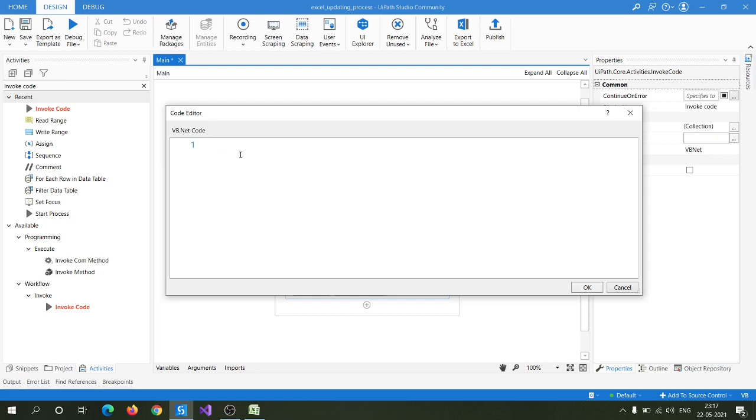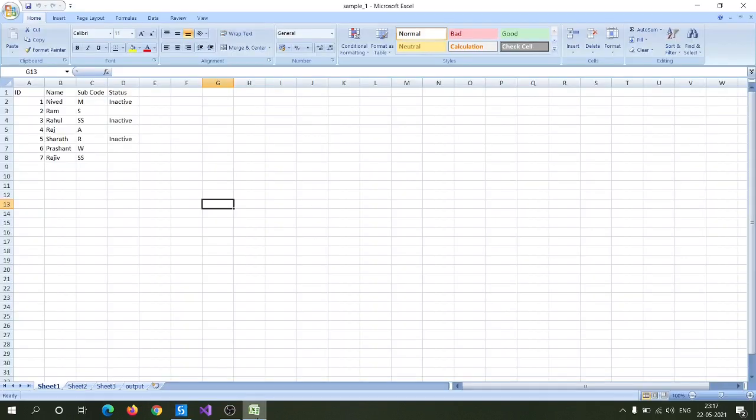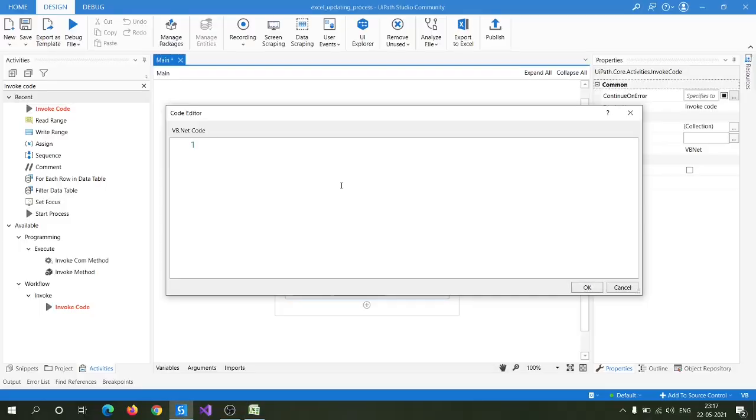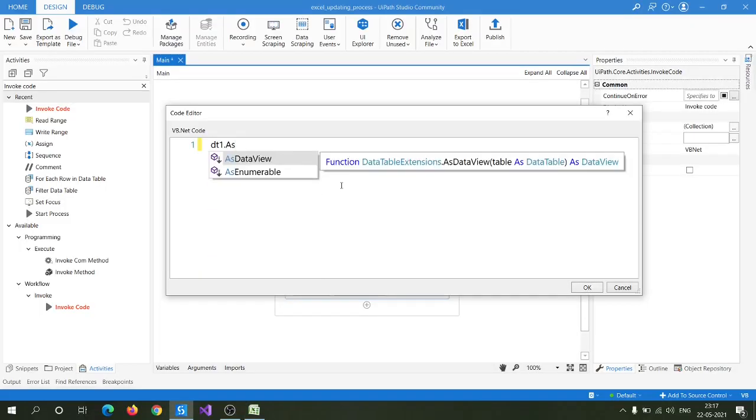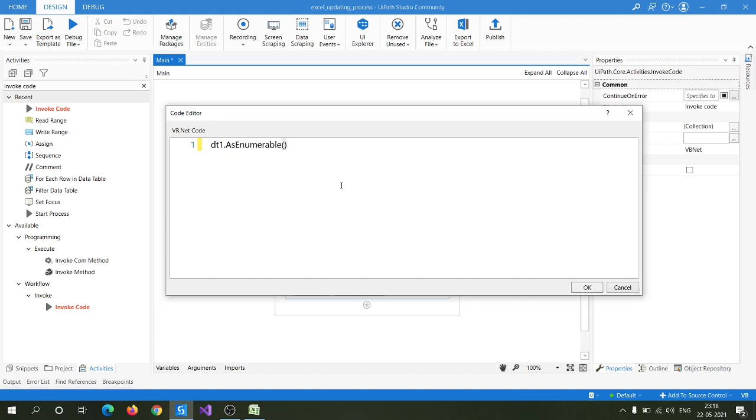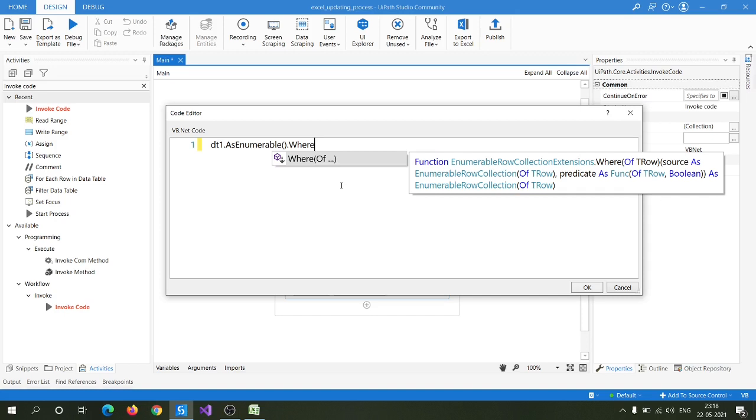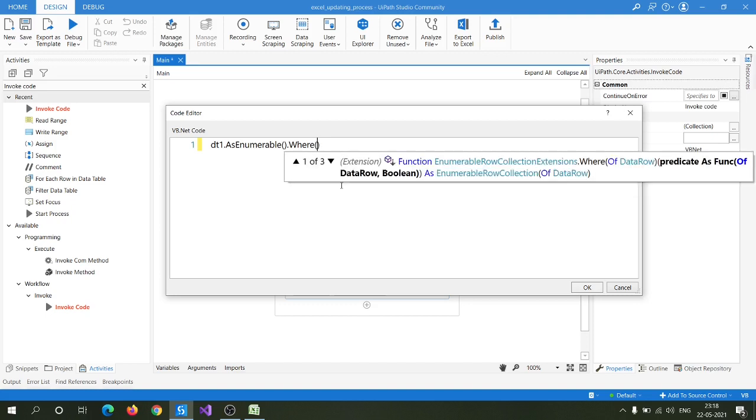Here, first we have to select the rows whose cell is blank under the status column. For that we can use a LINQ query: dt1.AsEnumerable.Where. Using Where we can select the rows whose status column value is blank, because that is what we need to update.